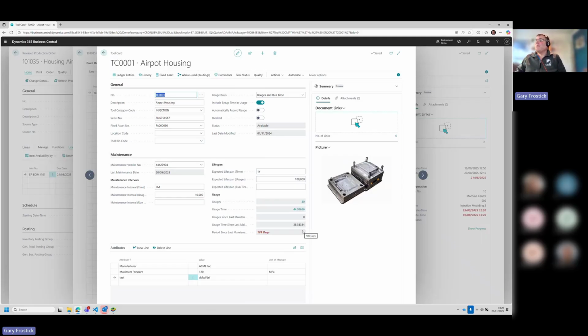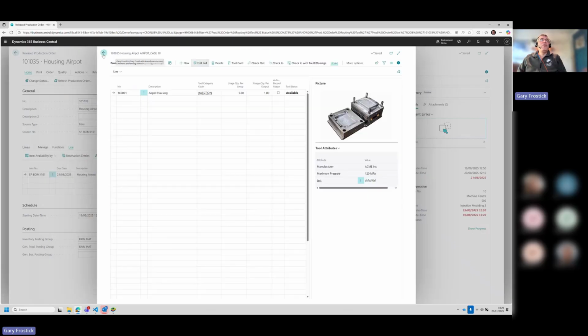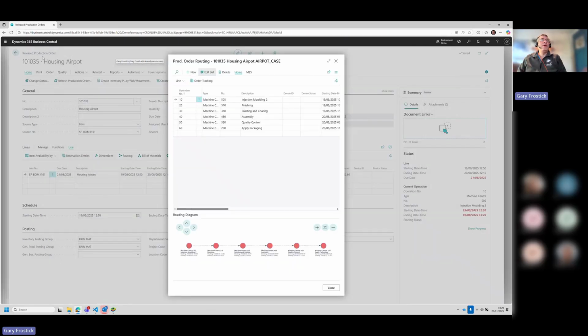And again, we're maintaining a full audit trail of the tools, what production orders they were used on. If we highlight a problem, we can then see where a tool was used and the resulting production orders. So just going back to our problematic production order,